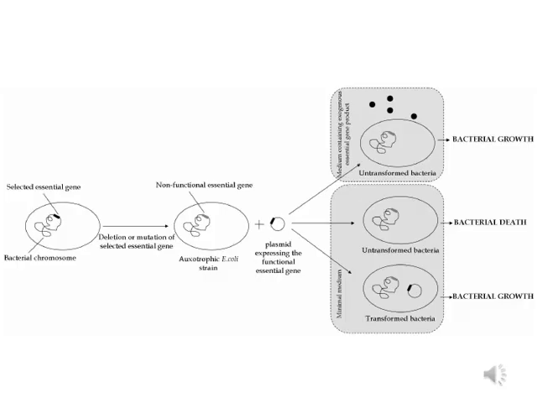This is a diagrammatic representation of our bacterial example. So consider a bacterial cell having its chromosome. One region is marked as selected essential gene. It may be the histidine biosynthesis gene, what we have seen, or it could be some other amino acid synthesizing gene which is very essential for the growth of the bacterium. So what if that gene is mutated? Deletion or a mutation of that essential gene, that gene becomes non-functional.